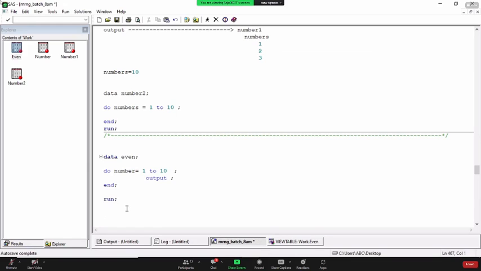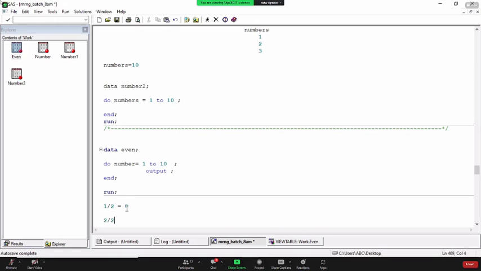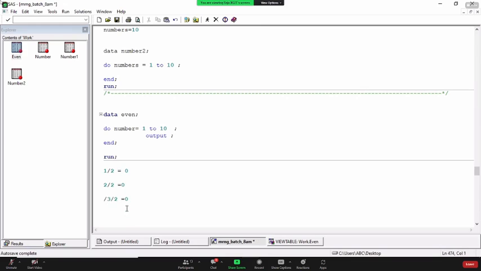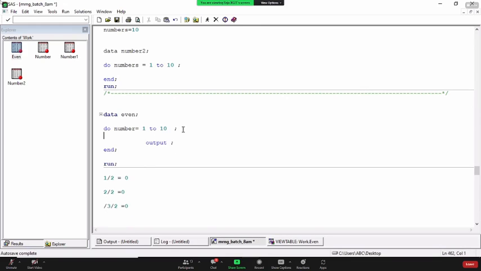Every number, for example, 1 by 2. If the remainder is equal to 0, then it's an even number. Or 2 by 2, if the remainder is equal to 0, it's an even number. 3 by 2, if the remainder is equal to 0, it's an even number. Correct? This is the logic. So this logic I have to apply. How can I apply? If,